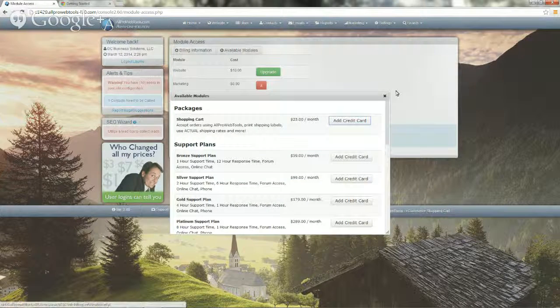And you can see all the different add-ons that you can add to your installation here. And once you choose an add-on, it's instantly made available to you. You don't have to wait, or you don't have to call anybody. It just automatically gets put in there for you. So if you go ahead and close that box,